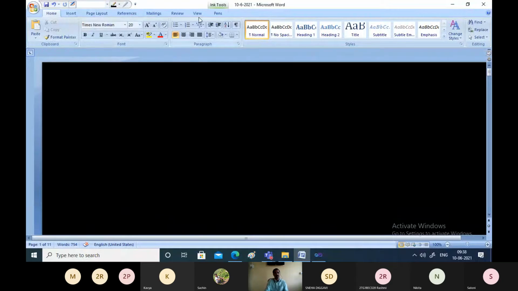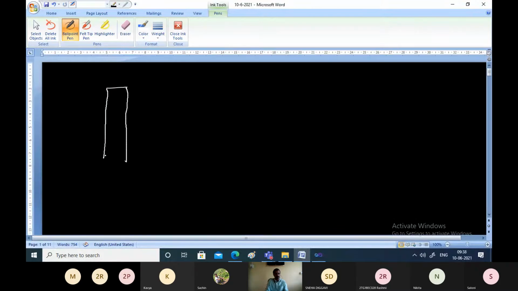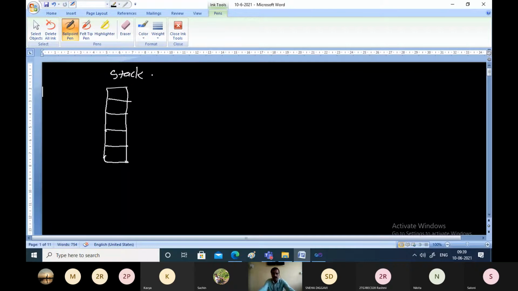We discussed stack and its operations. Assume this is a stack of size 5, and you can give it any other name in terms of programming, and we saw how to implement the stack using arrays.